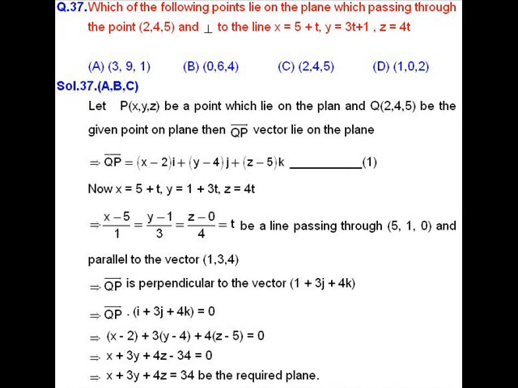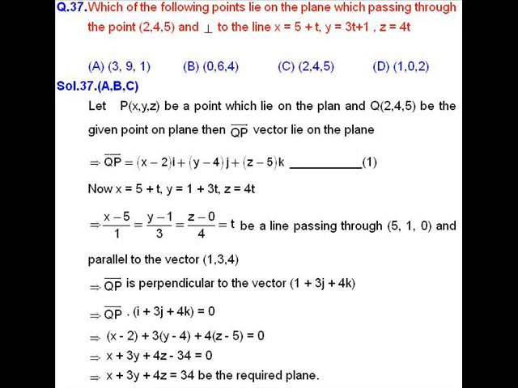Solution of question number 37. In this question, firstly we will compute the equation of a plane passing through the point (2, 4, 5) and perpendicular to the line x equal to 5 plus t, y equal to 1 plus 3t and z equal